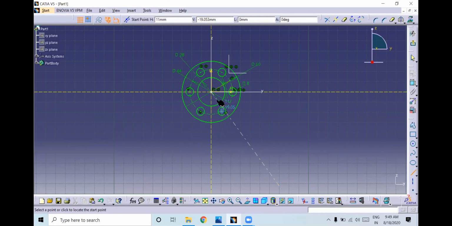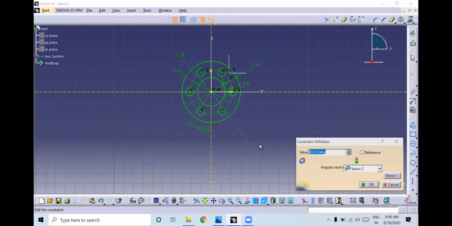Again, I will create an axis, not a line. From the center point, create it. Now go to constraint, select this and this. What is the angle of this? 45 degree.